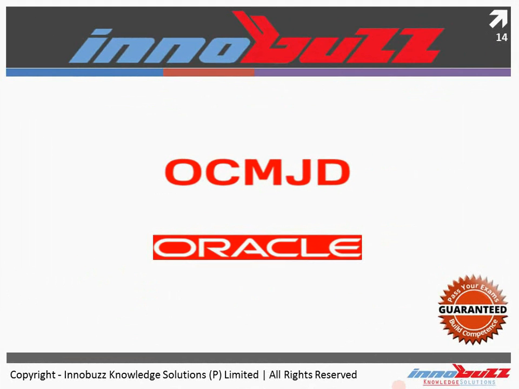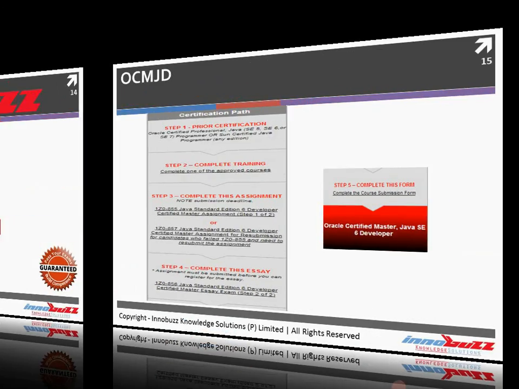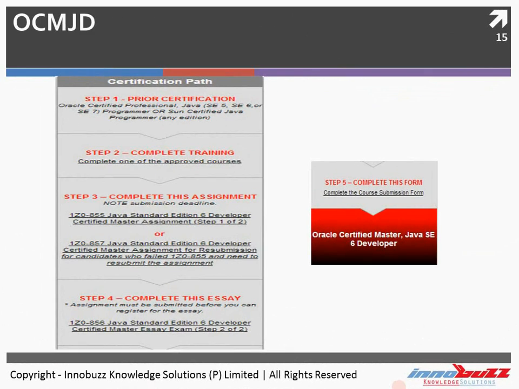Let's see Oracle certification for mastering Java developer. Here you have these many steps to be followed, where step 1 should be any of your certification, that is Java Associate, Java Professional, any one of it you need to have. Step 2, you should have some basic training, and also in step 3 there is 855 code which says